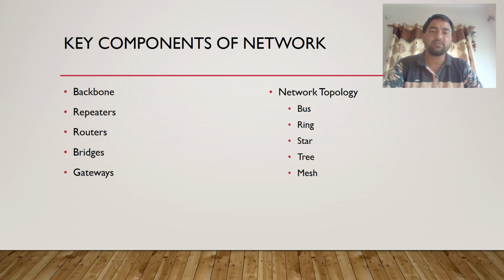There are various topologies used. Bus topology, in which a bus-like structure is there. Ring topology, in which the devices are connected in a ring-like structure, a circular ring. Then a star-like structure in which a central node is there and all the devices are connected to the central node. Then tree-like structure in which the parent node is there and to which the different other child devices are connected. Then the mesh topology is that kind of physical arrangement in which all the devices are connected to each other in the network.